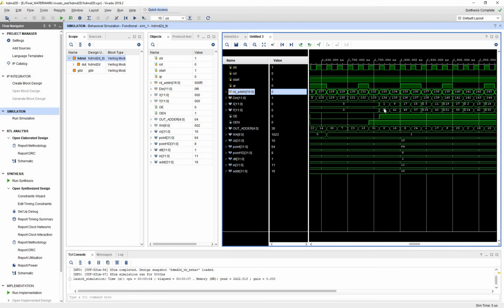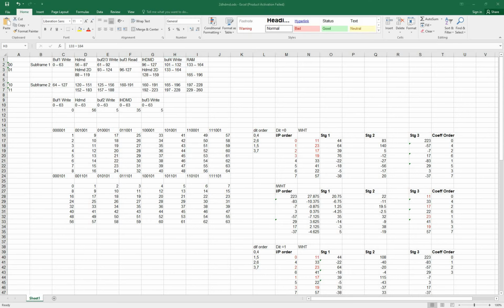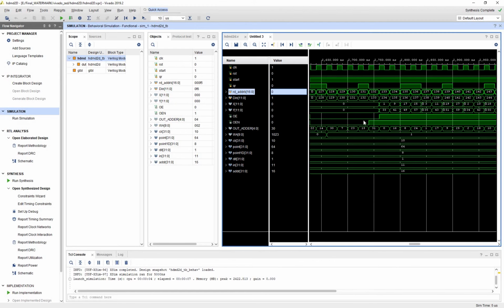This output signal, if you look, is 133, 941, 1749. Actually, if you have a 64-point signal, we have to read first 1 and 33, next 9 and 41, next 17 and 49, next 25 and 57. In the same order, we will get the output 133, 941, 1749, 25 and 57. So in the same order, we will get the inverse coefficients. This x and y are inverse coefficients. After 1D and after 2D, again inverse. After the 2D inverse, the outputs are read at the 133rd clock cycle.